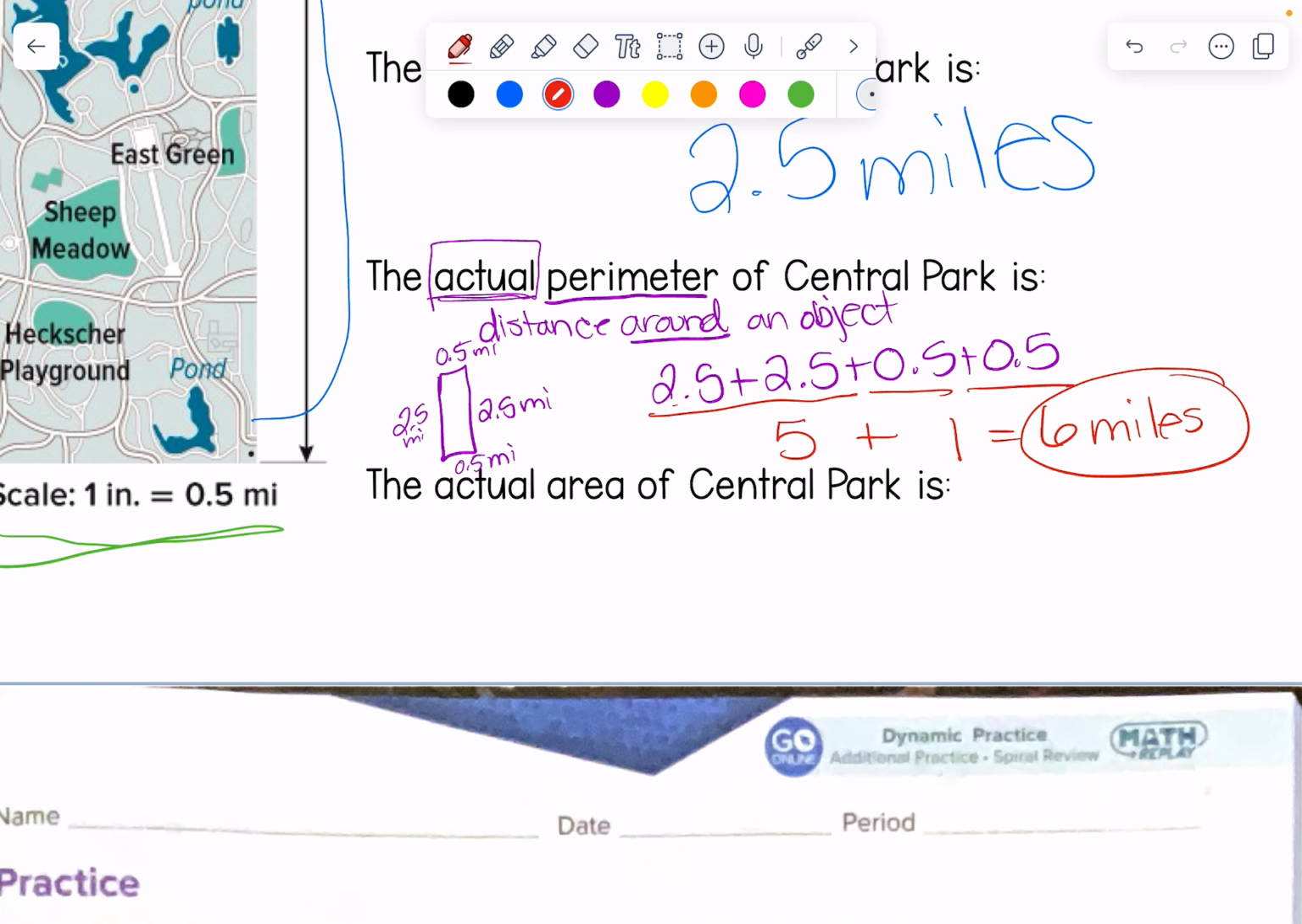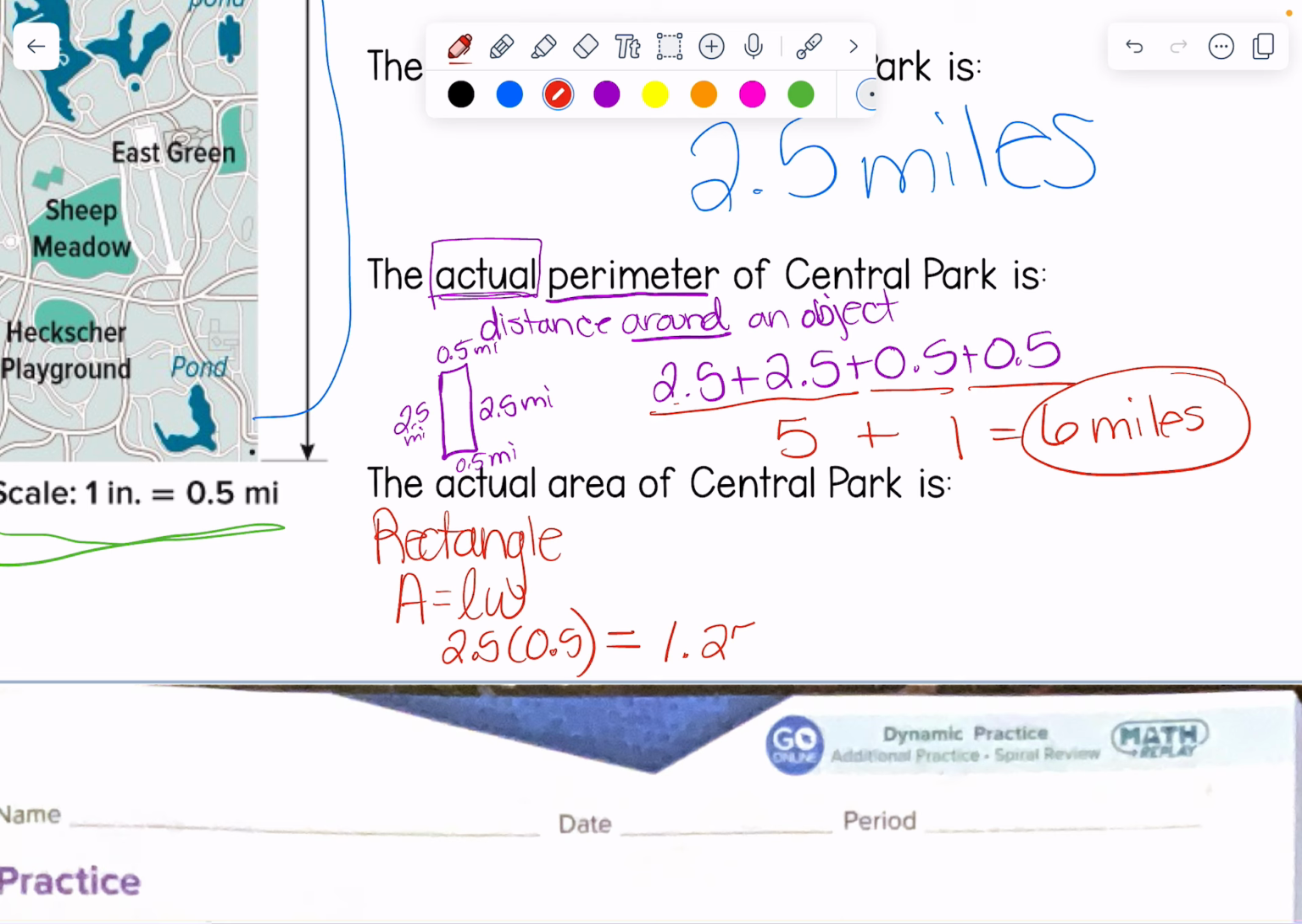And then for the actual area of Central Park, now we're also going to be reviewing the area of a rectangle. So again, it's a rectangular shape. Our area formula for a rectangle is length times width. So the length of Central Park is 2.5 miles. The width is 0.5. And when I multiply those together, and remember we can use calculators to help us, but if we're typing it, we should write it, and the calculator is only as smart as the person using it. So 2.5 times 0.5 is going to be 1.25